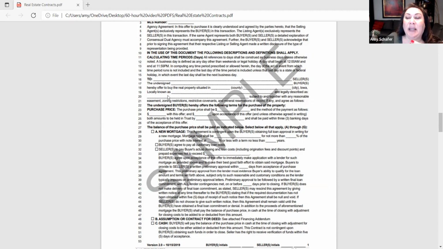It's going to be something like Plat 3, Lot 7, Western Hills Estates would be an example of a legal description. However, you might have a legal description that's really long and does not fit on this little line. Do not write "long on file, per abstract, ask seller." What you would want to do, and this is a great test question maybe too, that could help you navigate